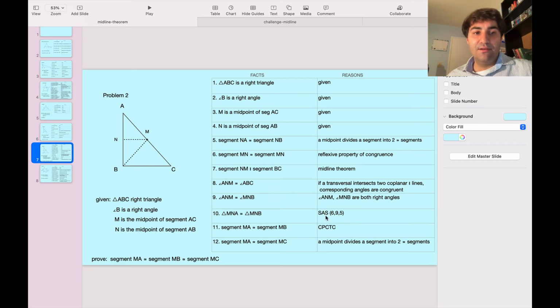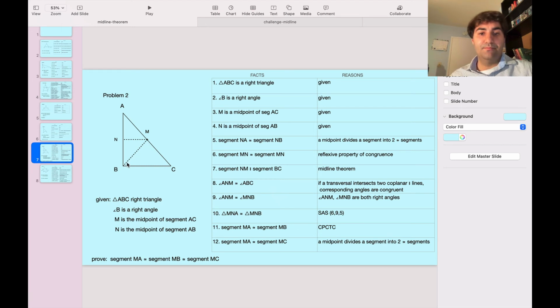We can apply the side-angle-side postulate to statement 6. So this segment MN is congruent to itself, and then this angle relation, and then 5, which is segment NA, is congruent to segment NB. We get that triangle MNA is congruent to triangle MNB. And then we know that corresponding parts of congruent triangles are congruent, so segment MA is congruent to segment